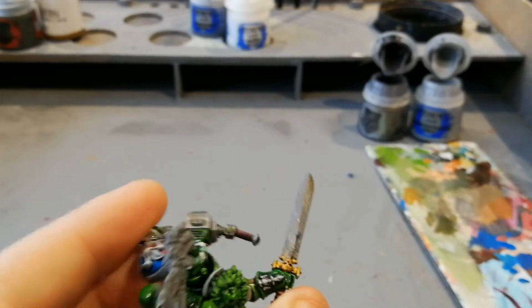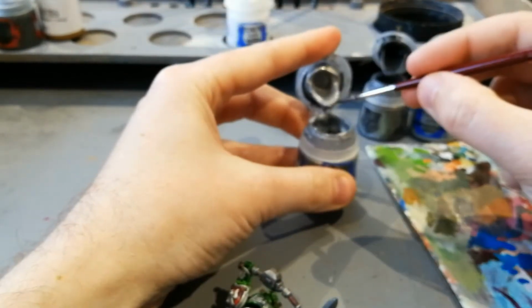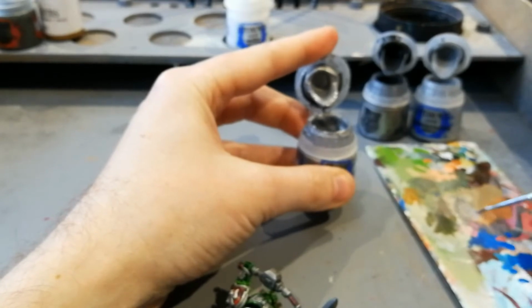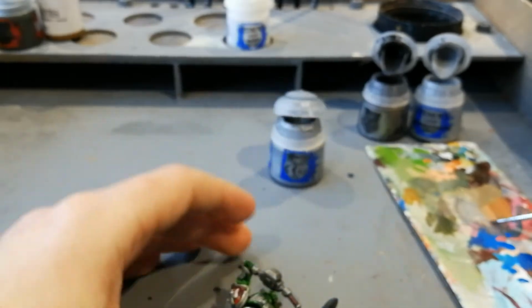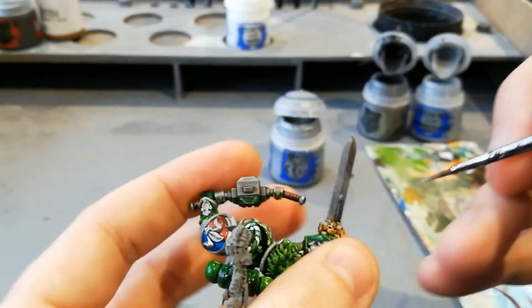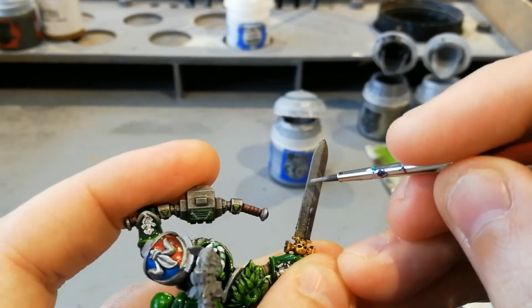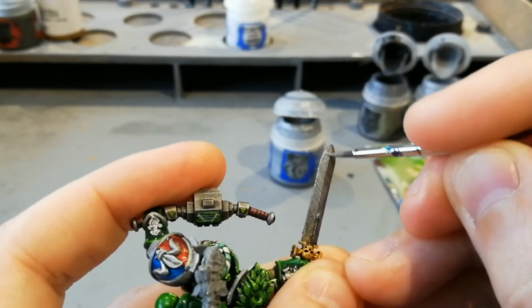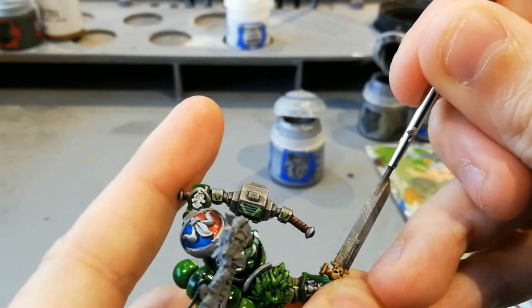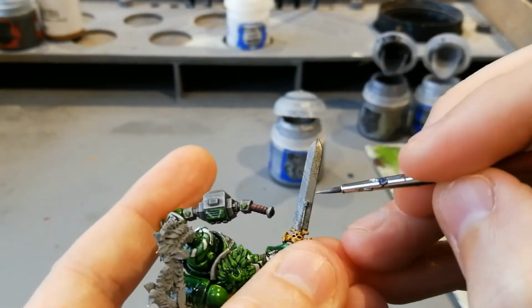Slightly better. And then after that, I will add in some, what is this, Runefang steel, I always call it chainmail, or mithril silver. We're going to add in a bit more of this, throw some water in, mix it together, and just more smaller lines. So the top of this is almost going to be completely silver, because that's the lighter side, and then this side,